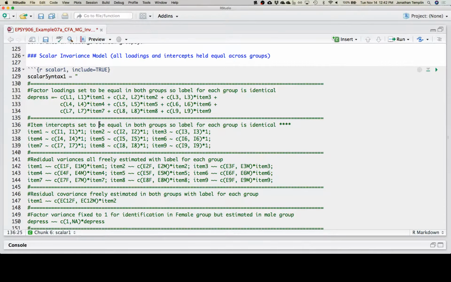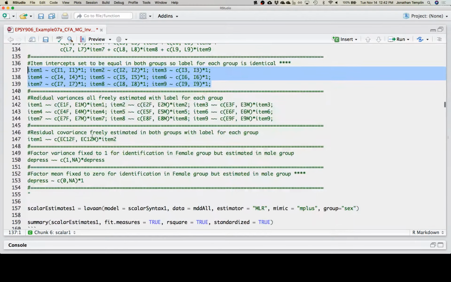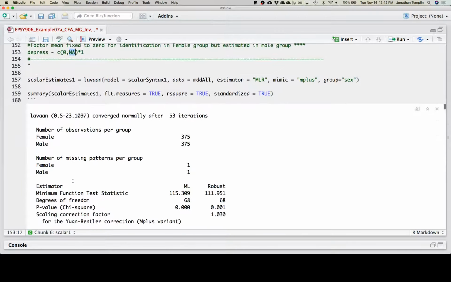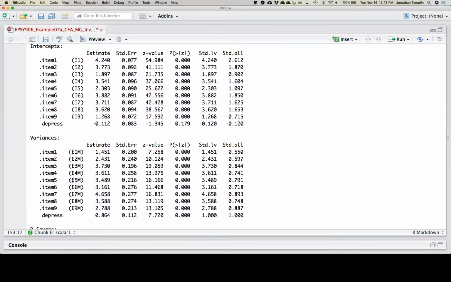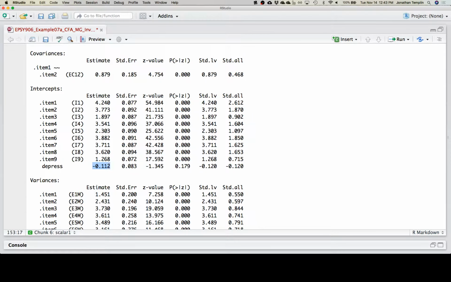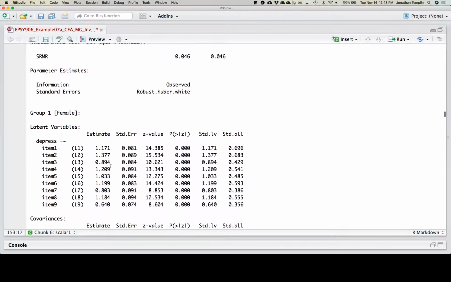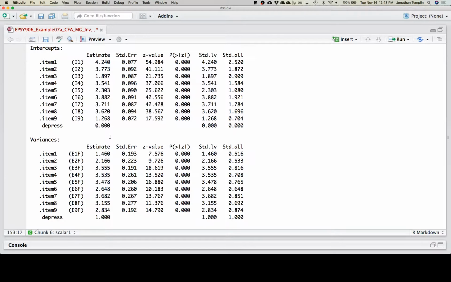Okay, so then we went to the scalar invariance model. We then locked all the intercepts to be equal in each group, and we estimated the factor mean now for one of the groups. We can first off look at the estimates themselves. Here we see the factor mean in the male group is 0.112 less than the factor mean in the female group. And this is an interesting thing because this is sort of where the terms metric and scalar get their derivation from, I think, but I may be wrong about that. I still don't fully understand why they use the word scalar when they do.